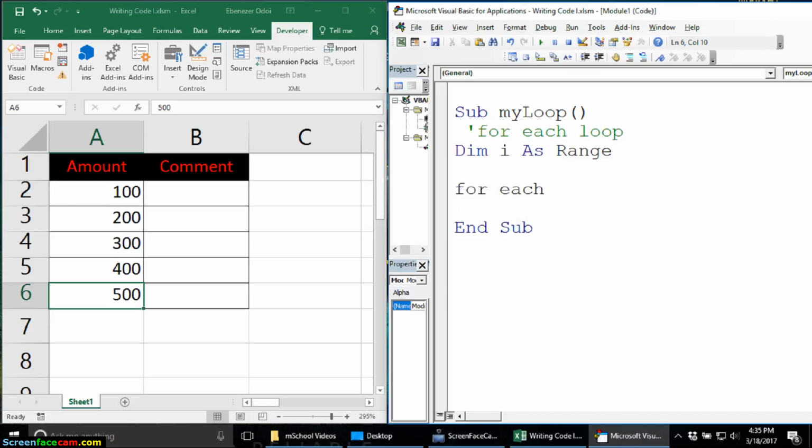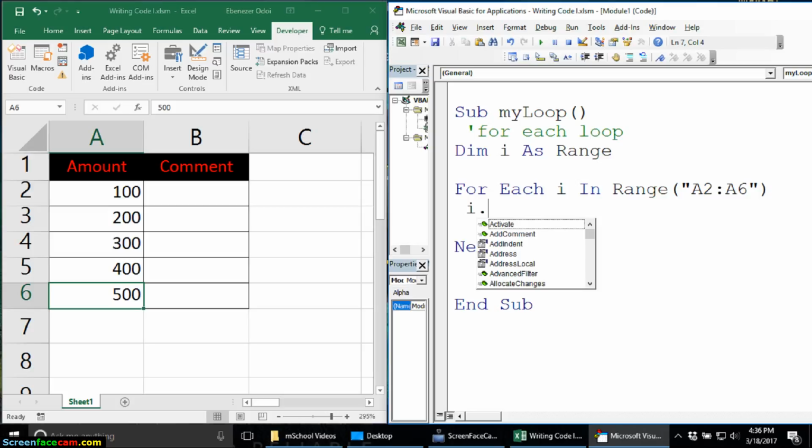Once I have that placeholder, I can use the for loop. So it's a For Each I In a certain range. So for each I within A2 to A6, then I'm going to loop through, and when I finish looping through, I'll say Next I. Meaning, the first time this loop is run, I will be A2, then it will run all the code in between, then I will become A3, then run the code again, then I will become A4, all the way to A6. So I'm saying for each of the I's found here, each of the individual cells, that cell, which is now I, dot